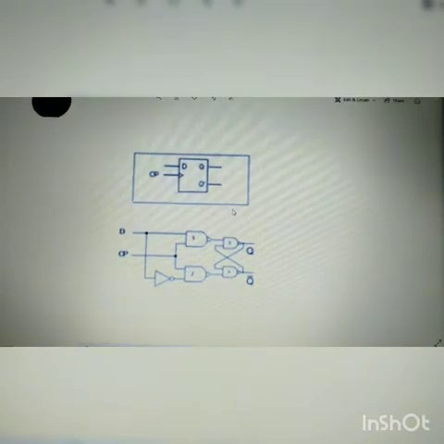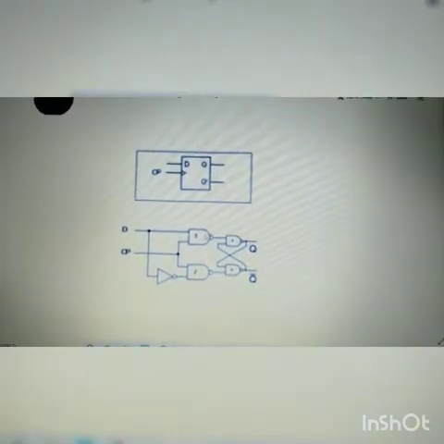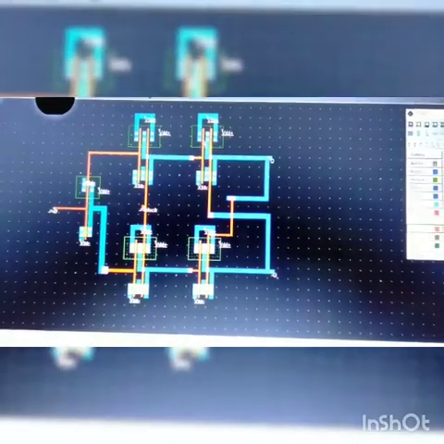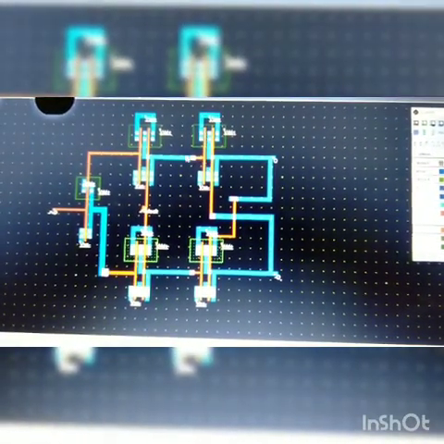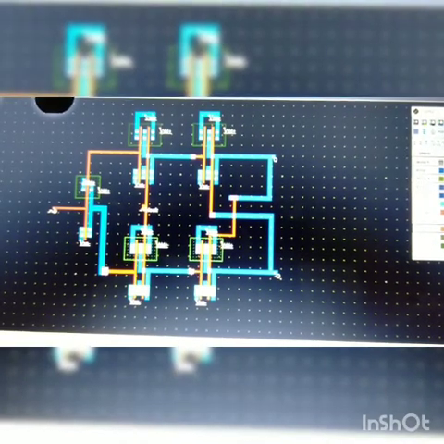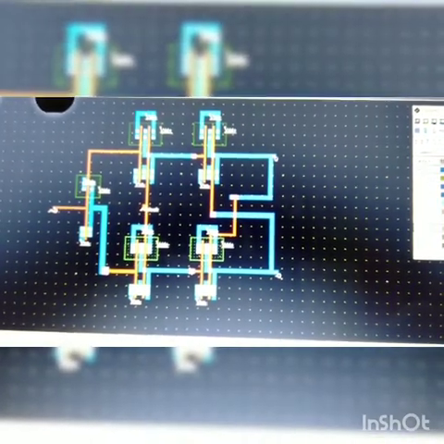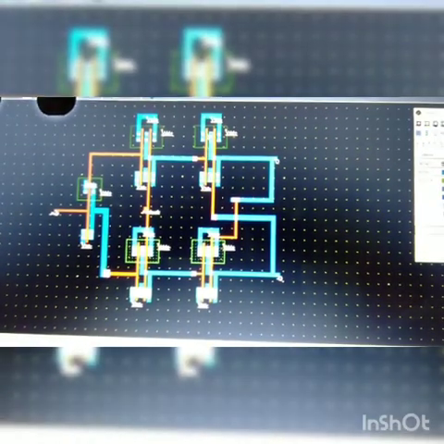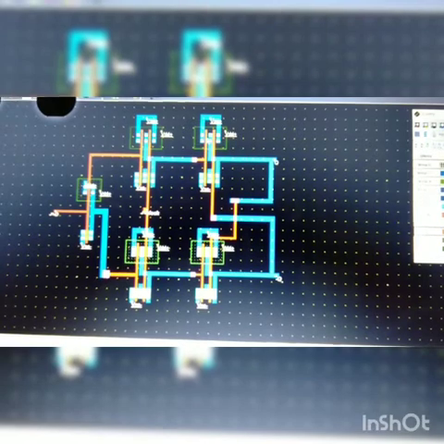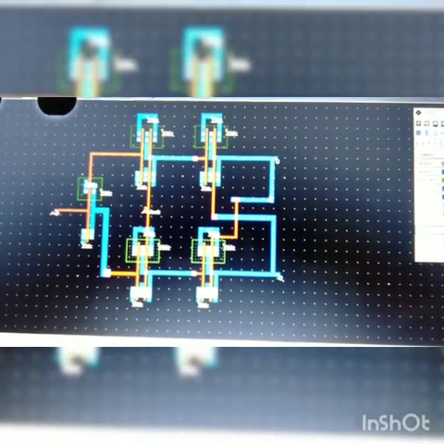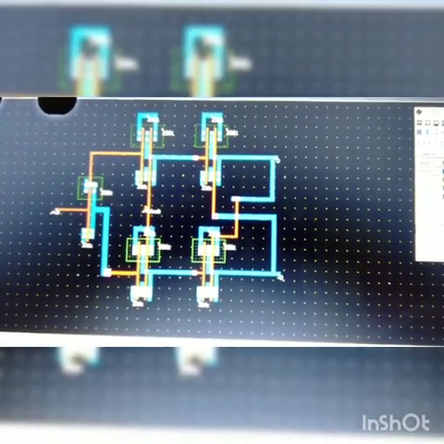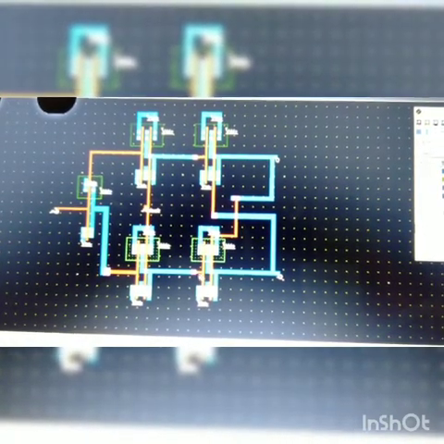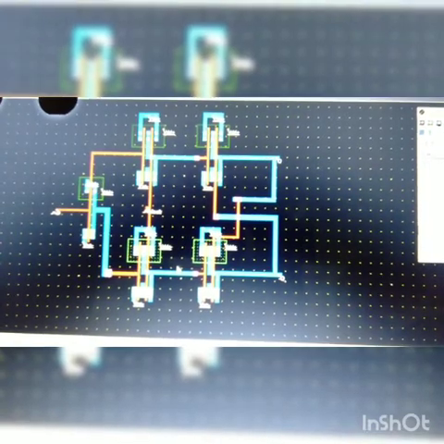In this cross connection, this terminal is already connected here and this terminal is already connected here. So the work we have to do now is see here, this terminal is already connected and this terminal is also connected. Now the terminals which are free are that and this one. So you connect the second terminal of PMOS to the free input of NMOS, because the one input is already connected.